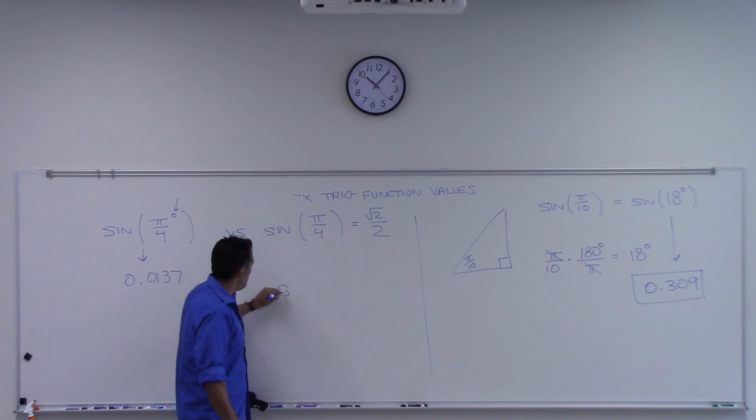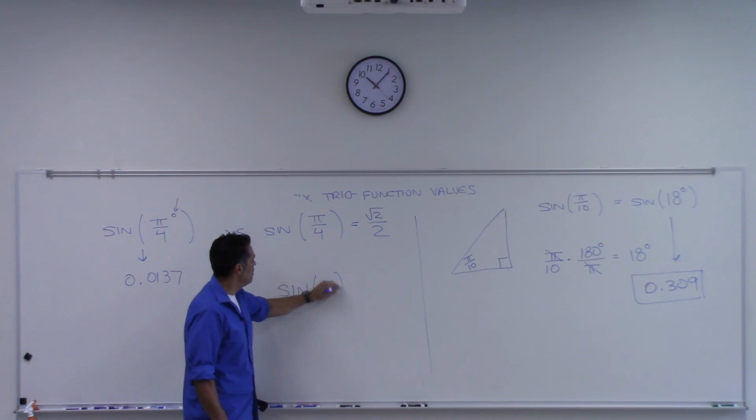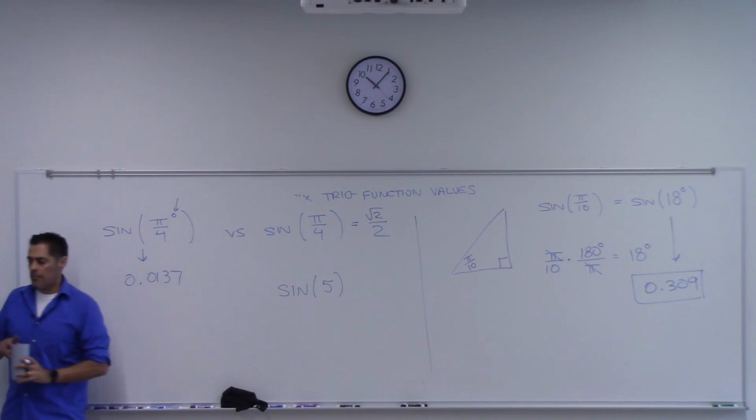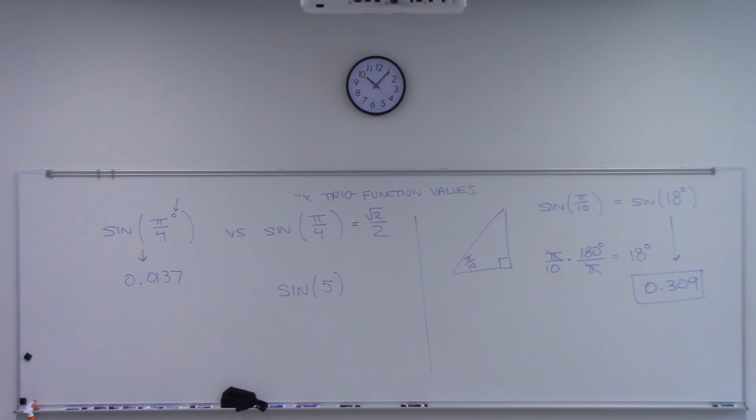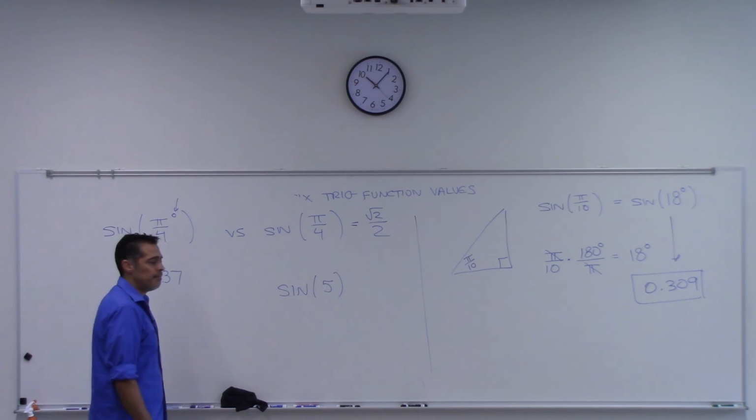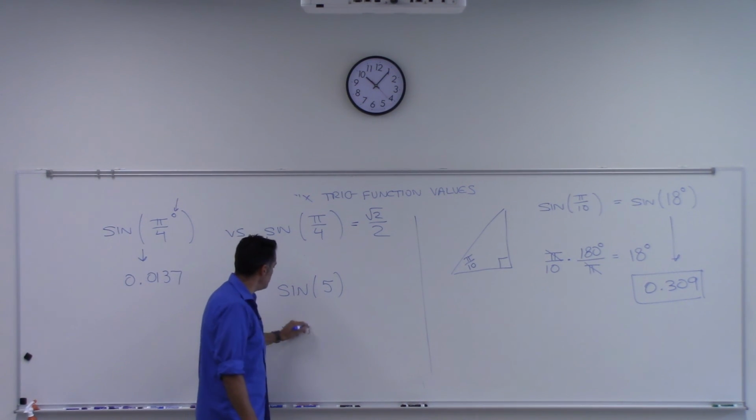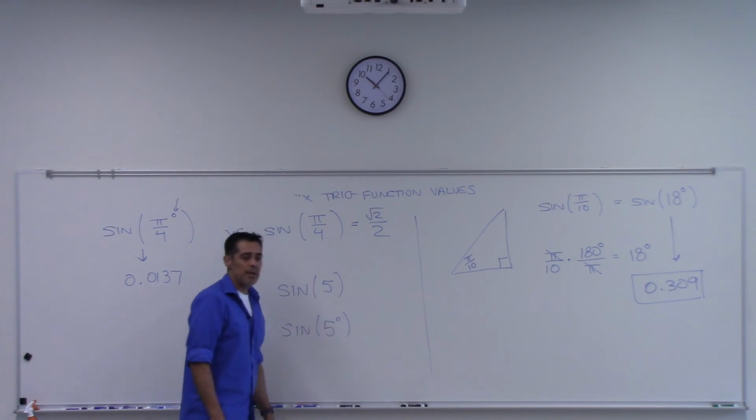Look, what about this? What if I asked you what's sine of 5? Are you in degree mode or radian mode? Radian mode. And you're going to get an answer, right? What if I said sine of 5 degrees? Now you're in degree mode. You're going to get two different